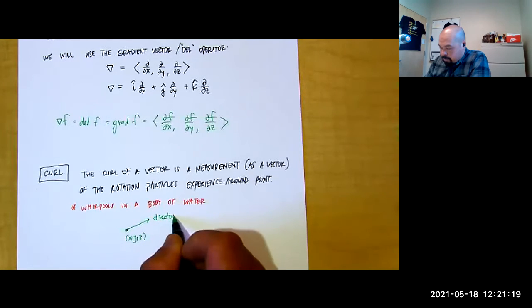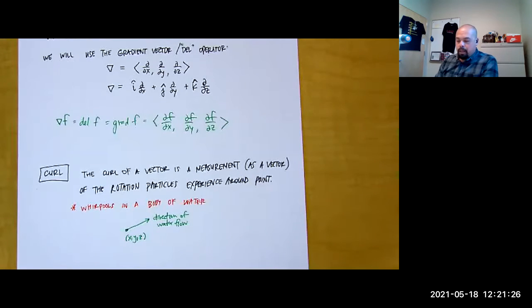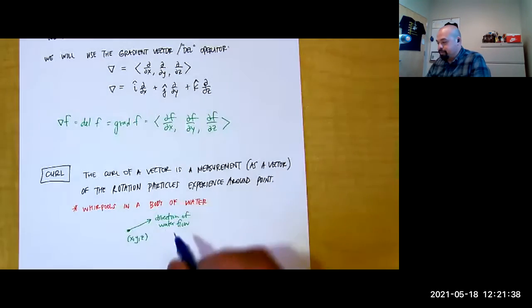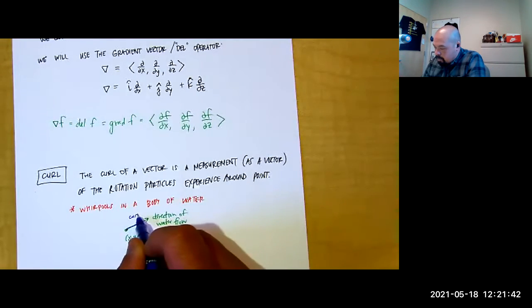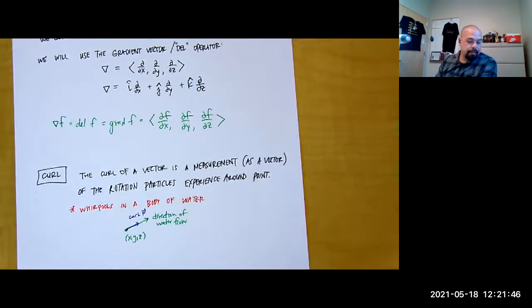This is our direction of water flow. And so we'll calculate this quantity, this curl, and it's going to give us a vector. This is the curl of our vector field F